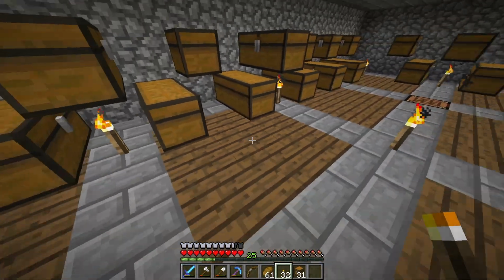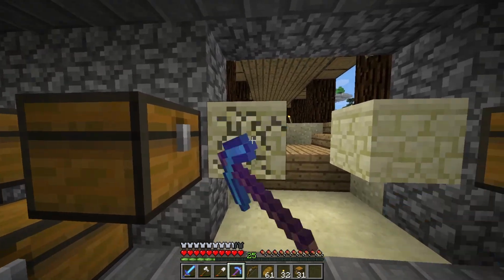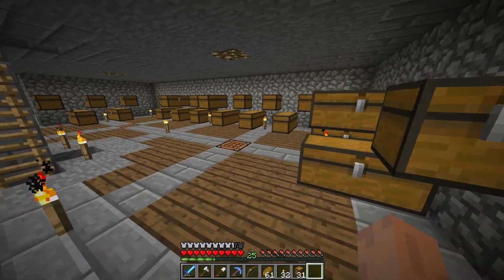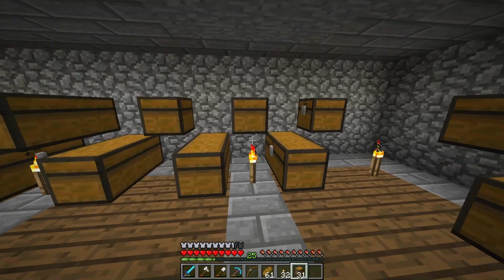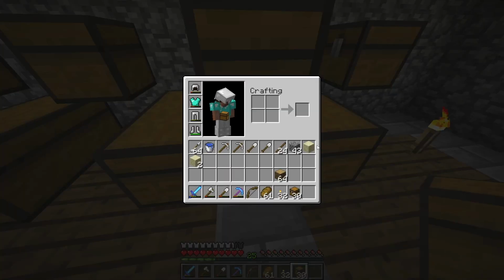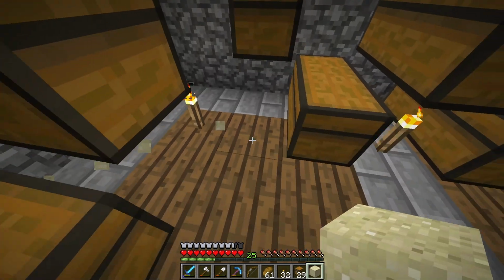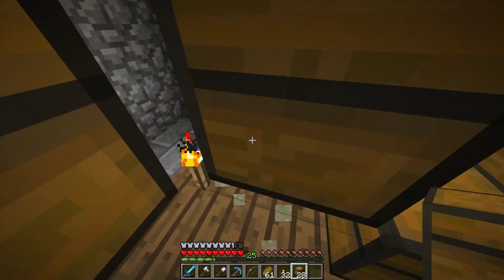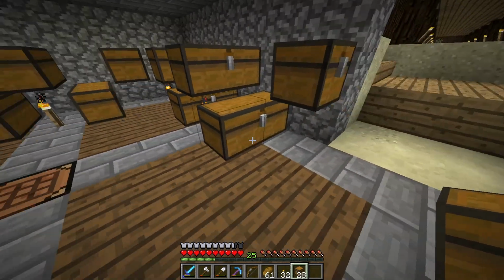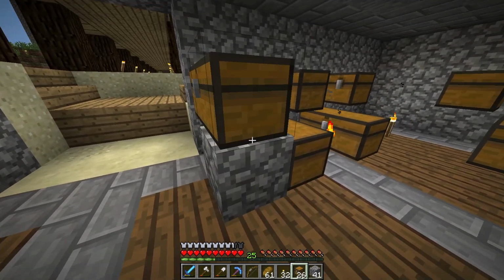All these torches are kind of in weird spots. Let's get this out of the way. Oh dear. Anyway. Put that there. There you are. Okay. I'm gonna do the long process of this. Okay, now I lost that sand. That's fine. There's gonna be those little spots here and there